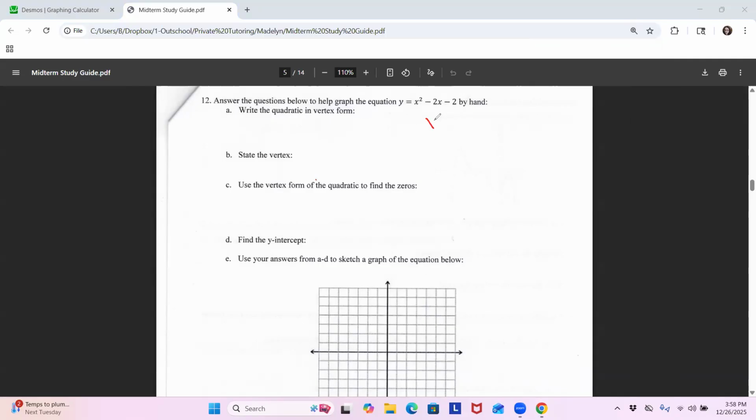So we're going to have x squared minus 2x minus 2 equals 0, and then move your constant over. So that's going to be x squared minus 2x plus blank equals, move this over, and that'll be a 2, and then plus blank. This is already a 1, so we do not need to factor anything out like a GCF like we did in the previous question. So what you do is you take this middle number, so -2,